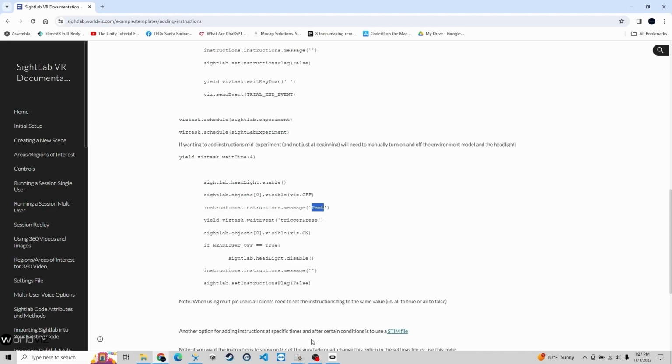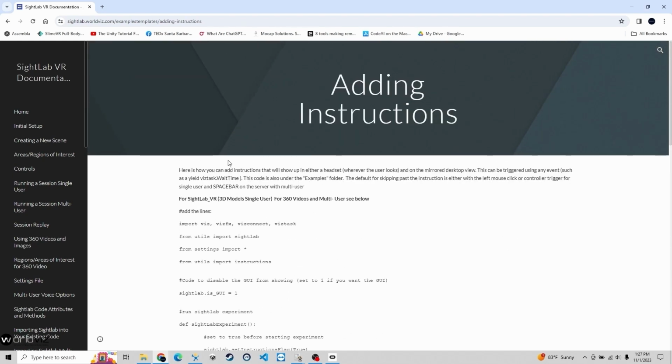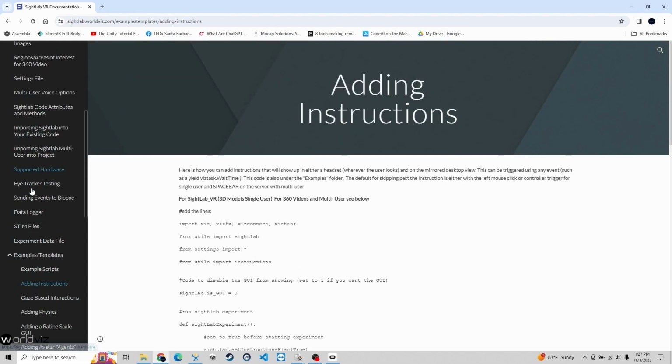This is also the one, exactly the same code as we have in our experiment and that I showed you already. So if you want to change the waiting time, for example, you could also change this one right here, and just input however long you want to wait for this instruction to appear. But you could also set different triggers, as in the